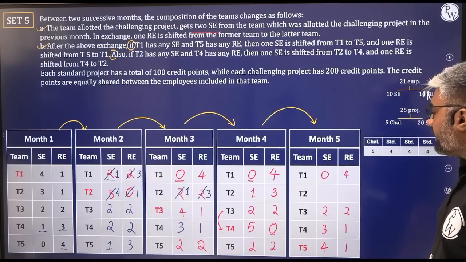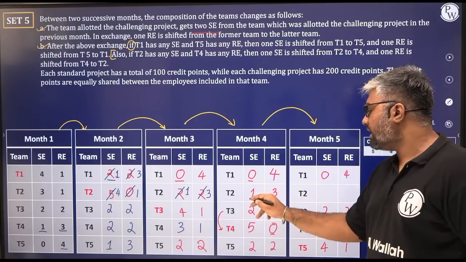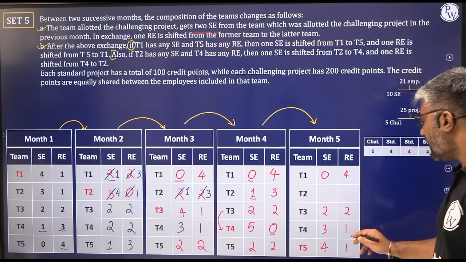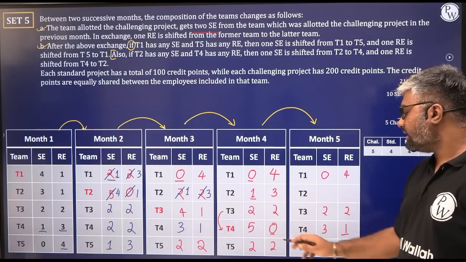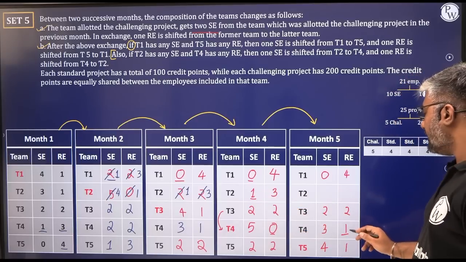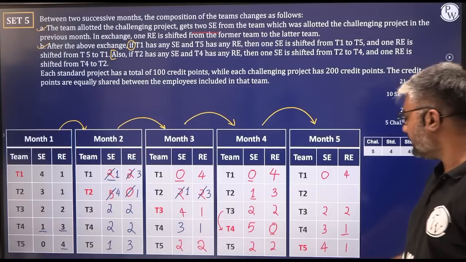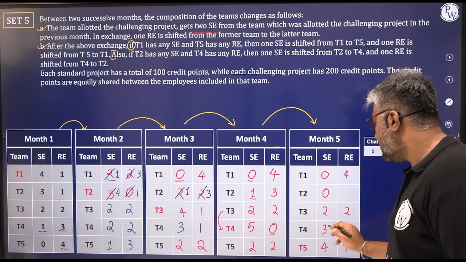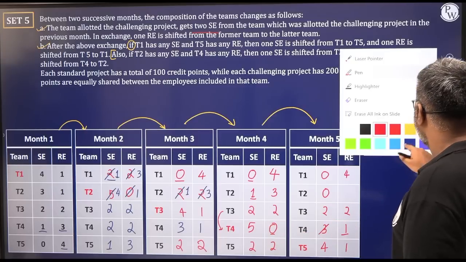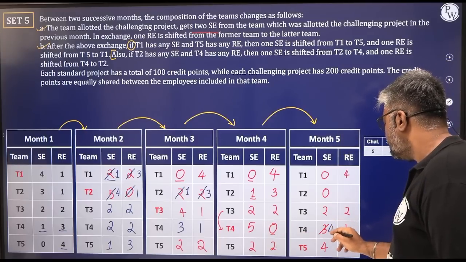T2 में change रहेगा. Why? Because in T2 we have one SE. In T4 now we have an RE also. Yes. T2 में एक SE है. T4 में एक RE है. So we have to do that swapping thing. So 1 will become 0. This 3 will become now 4. है ना? अब ये 3 जो है वो 4 हो जाएगा.